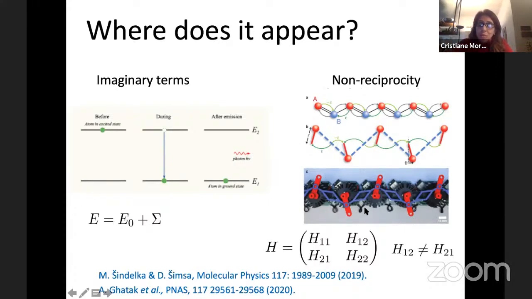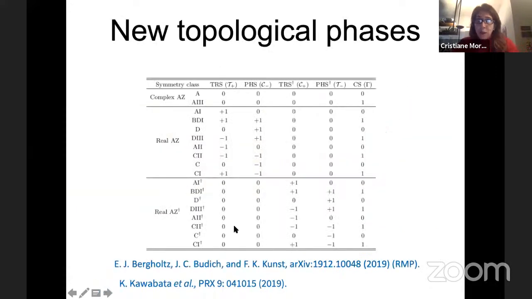But we can also construct non-reciprocal systems, and these non-reciprocal systems, we can immediately get energies which are complex, and where the Hamiltonian then is not going to be... H12 is different from H21. So the system is now non-Hermitian. What will happen is that in terms of the classification of the topological phases, this becomes much more complicated. This has been done. I refer you to those papers to look at the classification, and I want to focus here on the